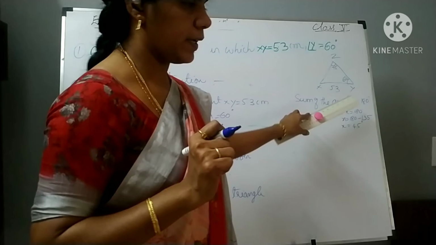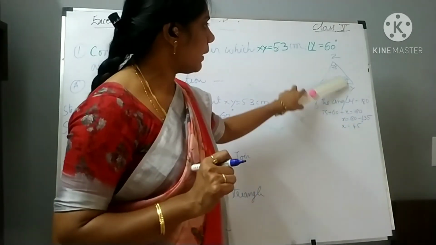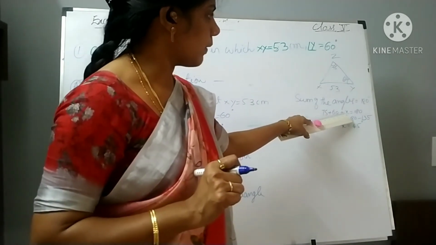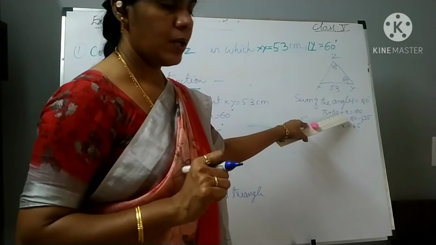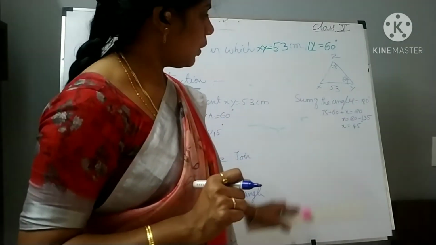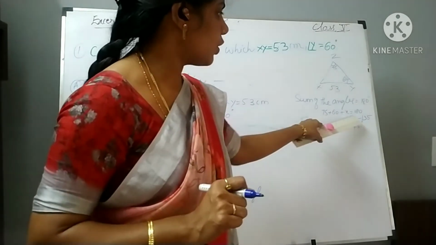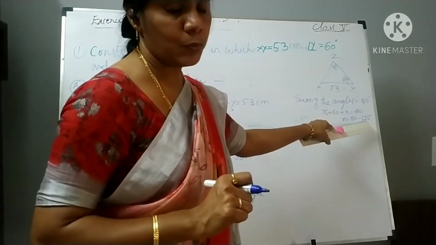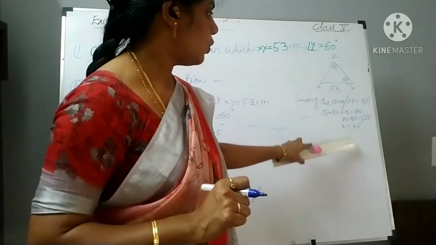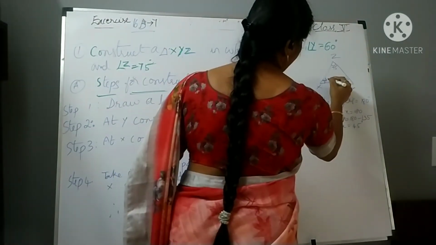We know the sum of the angles, right? The sum of the angles must be equal to 180 degrees. They have given two angles, so place these two angles; we don't know the other one. So this X we don't know. I have written this one. See, this is equal to 180. Now from this we can find out this X. 180 minus (75 plus 60), that is 135. If we send this to the other side, it will become minus. So 180 minus 135, you get 45 degrees. Now your angle at X is 45 degrees.